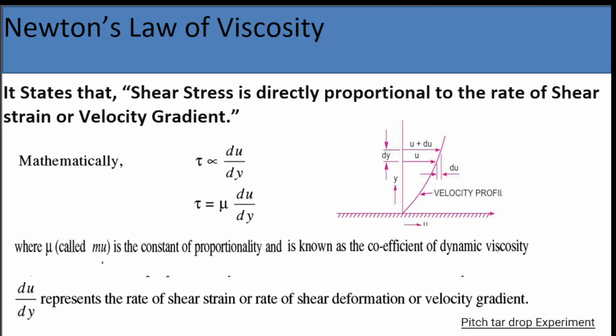Mathematically, we can say tau, that is shear stress, is proportional to du by dy. Removing this proportional sign, we'll need to add the proportionality constant. So tau is equal to mu into du by dy,